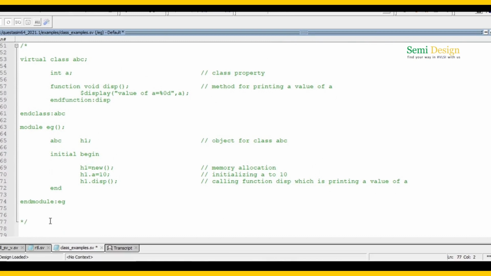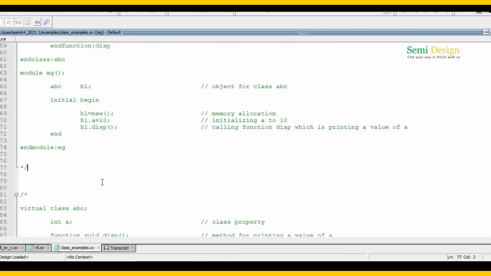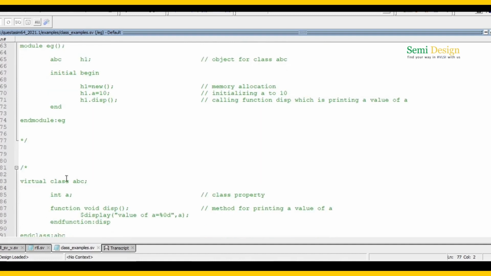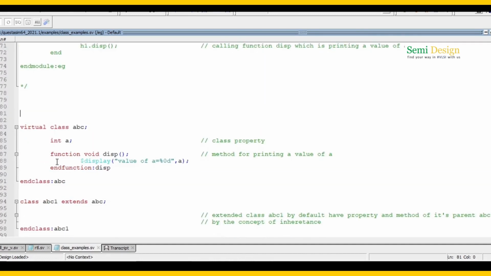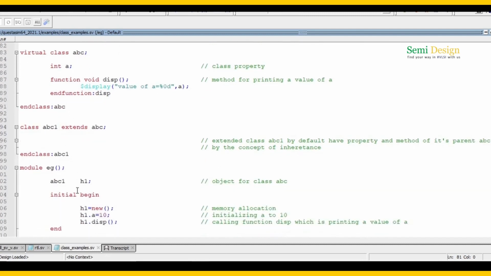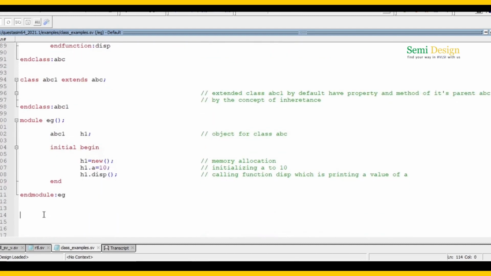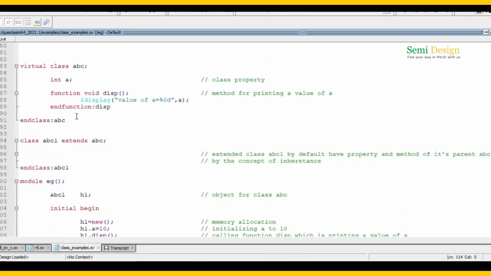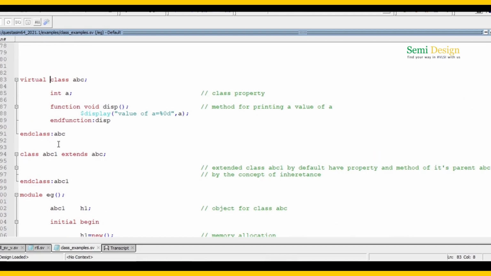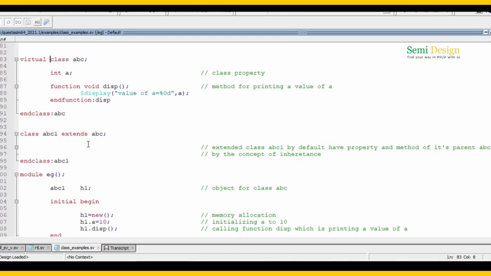If we want memory allocation for a virtual class, we need to declare a child class, and that child class will be non-virtual in nature. Let me repeat, if we extend any class from a virtual class, that extended class will be non-virtual in nature. Now see, the same example, and I'm extending ABC1 from this ABC class. As you know, by the concept of inheritance, the extended class will have the properties and methods of its parent class.